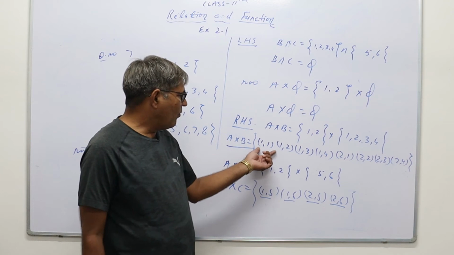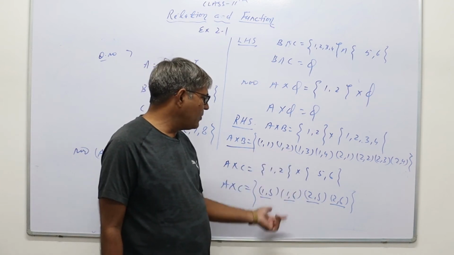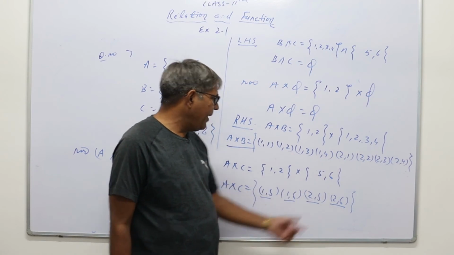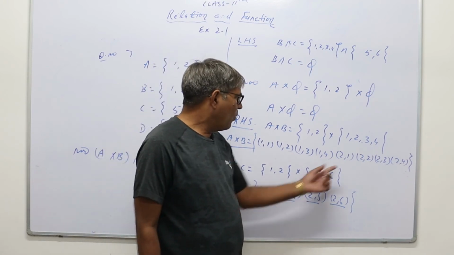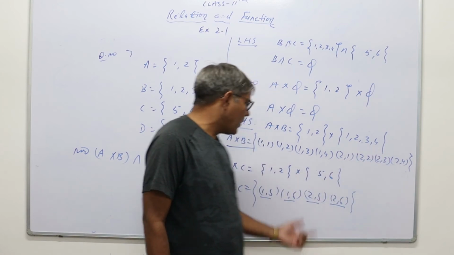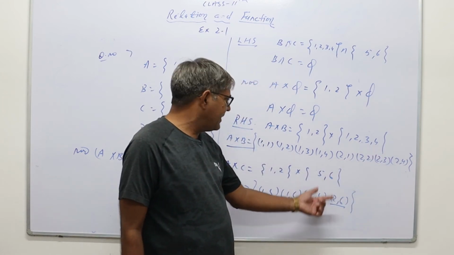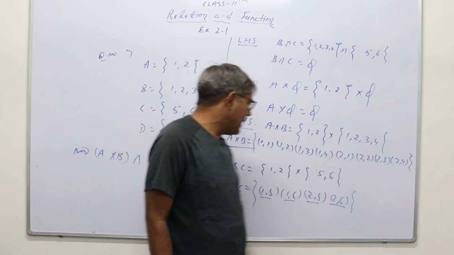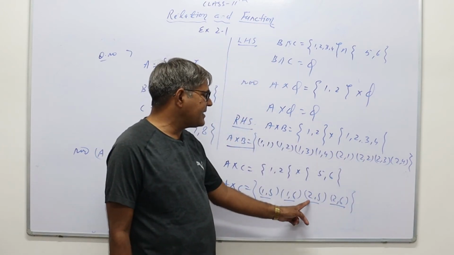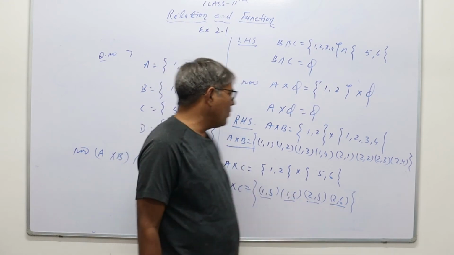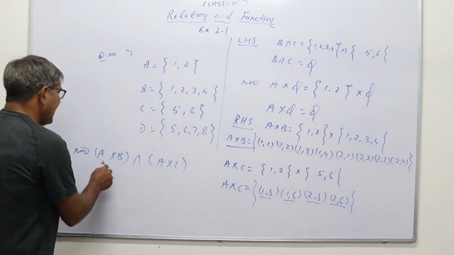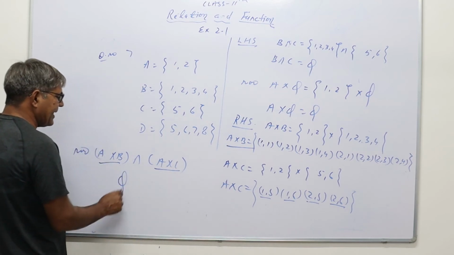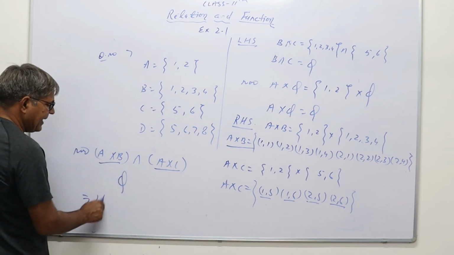Here (1,1) nowhere, (1,2) nowhere, (1,3) nowhere, (1,4) nowhere, then (2,1), (2,2), (2,3), (2,4). (2,5) is here, but this does not belong to A cross B. In A cross B, we have up to (2,4), and in A cross C it starts from (2,5) and (2,6). So in A cross B and A cross C, nothing is common, that is ∅, which implies that LHS